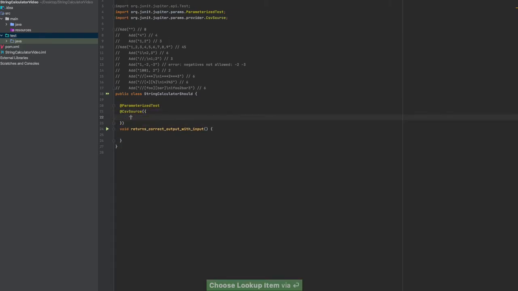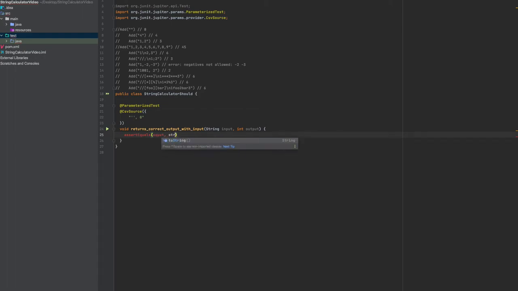So let's start with our first input, which is nothing, and then expect that to return 0, and we're going to have a string input and an int output. And then we are going to assert that string calculator